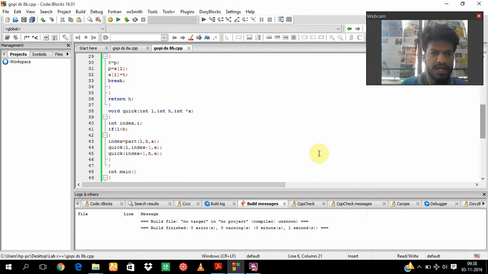For the quick sort, I created int l, int h, and int pointer a. For the index, I created index as i. If l is less than h, then index part is equal to partition l h a, and quick sort will be like l, index minus 1, comma a, and quick sort index plus 1, h comma a,